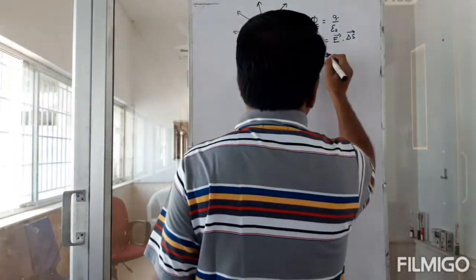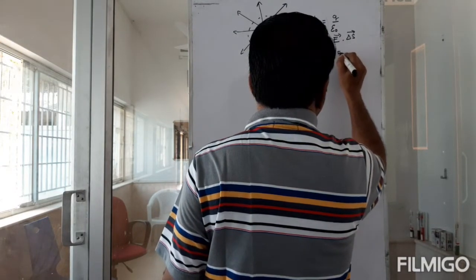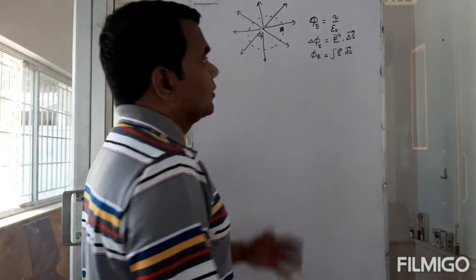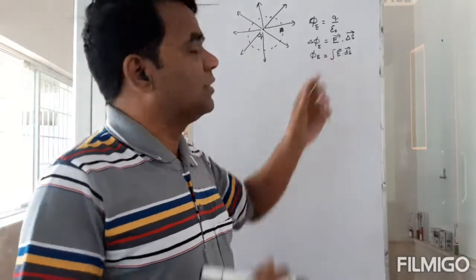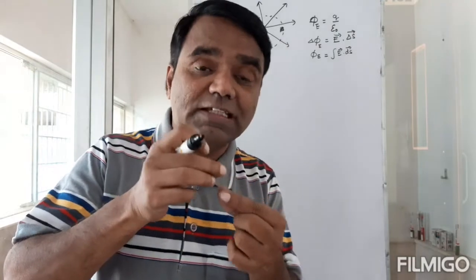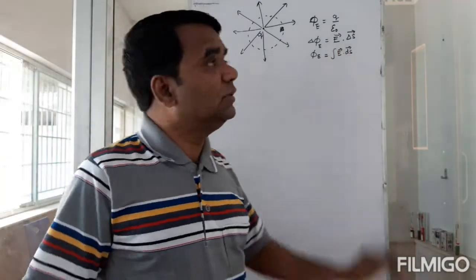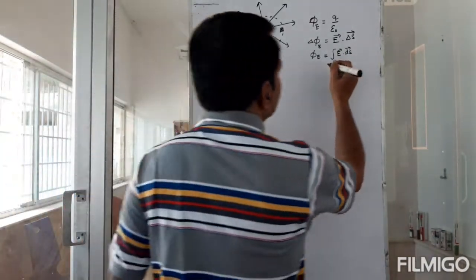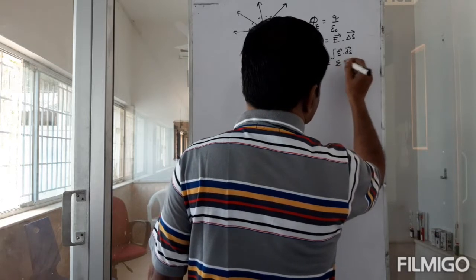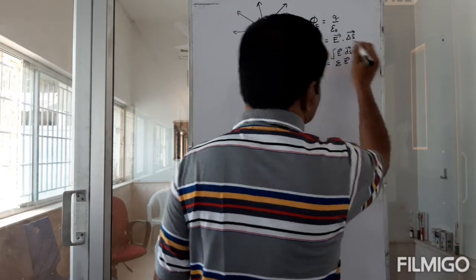So that would be equal to the integral of E dot dS. Or you can say the sum of the flux coming from all these small areas. So that's the meaning of that. Or in discrete terms I can write this as sigma E dot delta S. Okay,